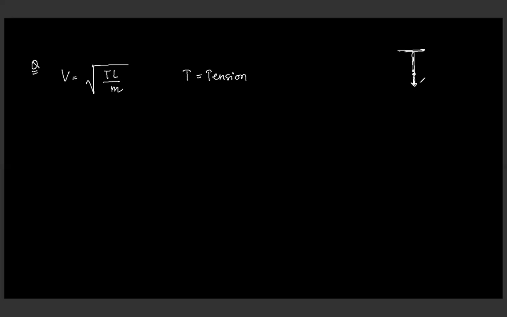When you pull it with some force, you know that due to some intermolecular interaction, which after 2 chapters we are going to study, some tension is going to be developed. It is nothing but a kind of force. We don't have to get into the mechanics of all these things. If it is a kind of force, its dimension must be MLT to the power minus 2. L is the length whose dimension is L. M is the mass whose dimension is capital M. And V is the speed.